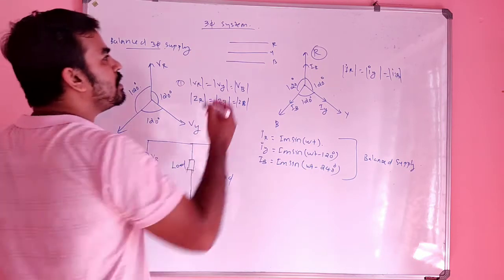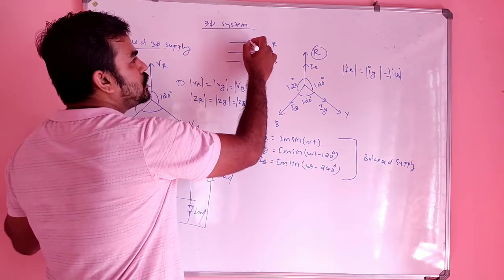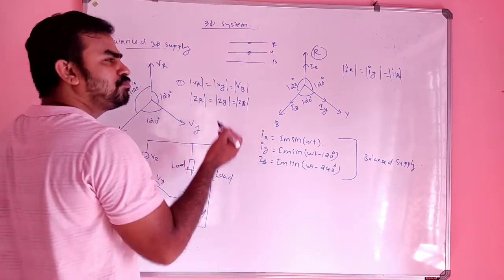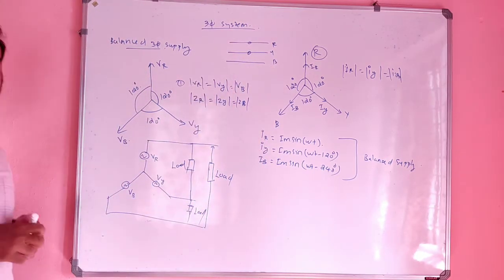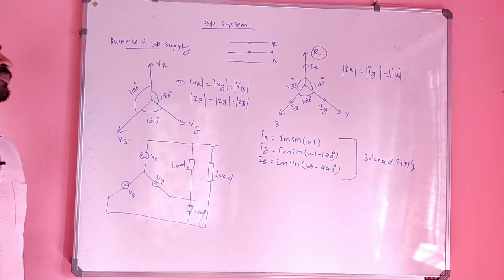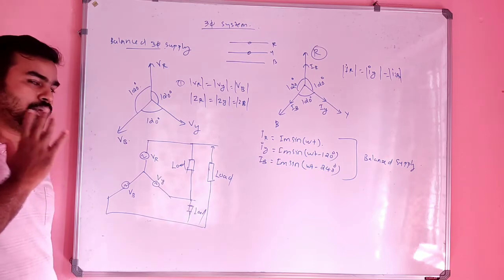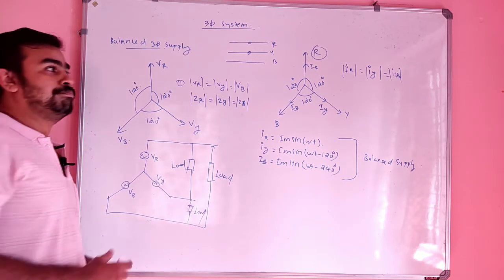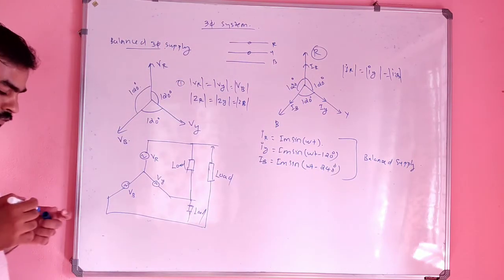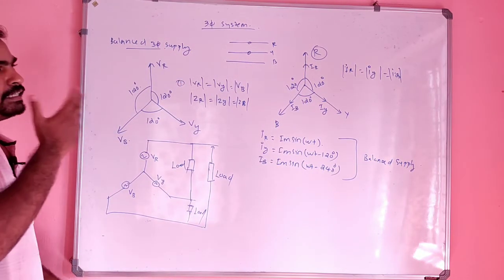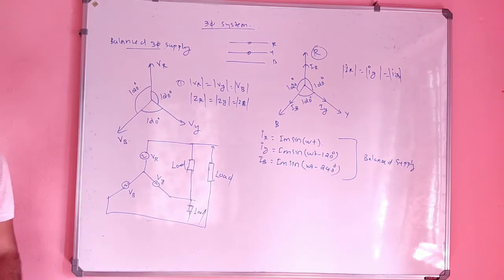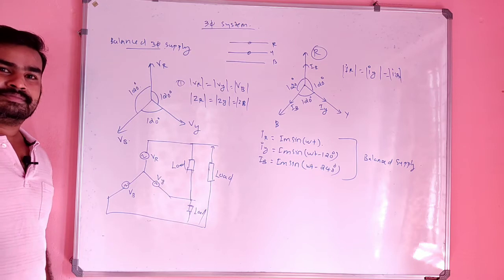Okay. Suppose a bird is sitting here and its two legs are connected across this R and Y. Whether that bird gets a shock or not, that's my question. Because it is a balanced supply, no? So VR will definitely be equal to Vy. Whether that bird will be affected by shock or not. What is your answer? The answer is